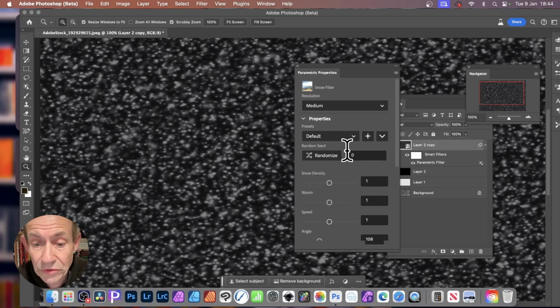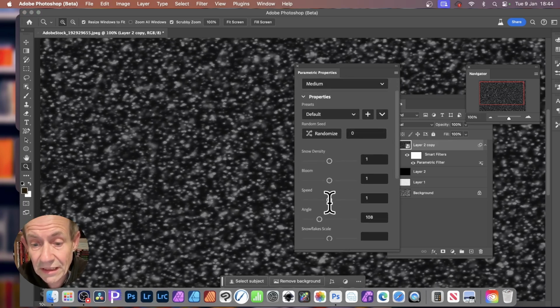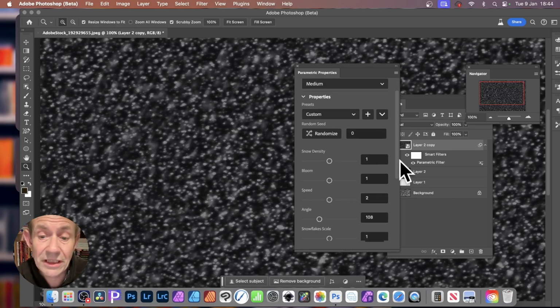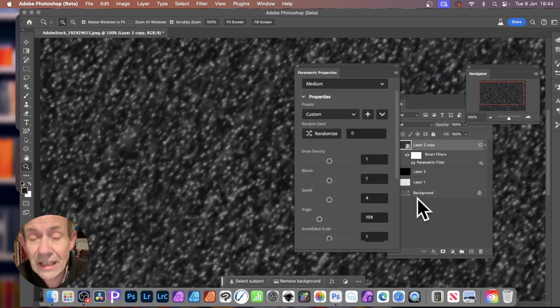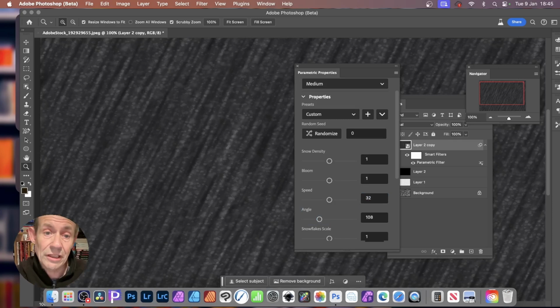But what you can do, you can also change these settings. And I'm just going to increase the speed. Now you'll push it up to 2. Notice what happens. Push it to 2, goes straight back to the middle, and now you can extend it even more. So you just push it up. Now, of course, that's going to be quite slow. What you need to do, you can just enter a value. And I would suggest something like 32. So 32. And as soon as you've done that, you see now, you get these lovely lines just dashing off